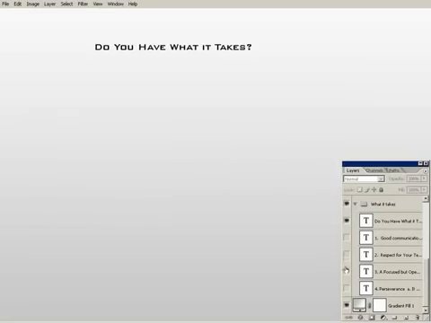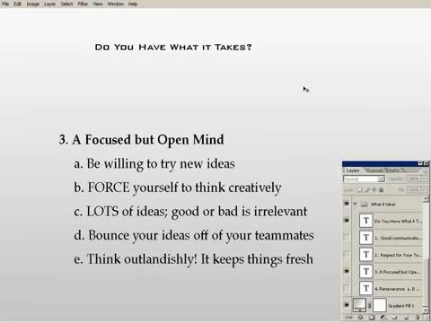All right, anyways, so moving along, the next thing we've got is a focused but open mind. This is something you're going to have because ideas can start to stagnate. So force yourself to get a little crazy. Be willing to try new ideas. If somebody throws out an idea maybe you haven't heard, this is where it helps to get other people involved